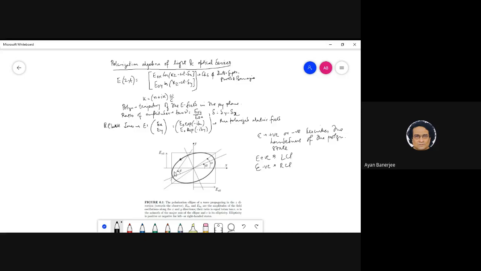You understand my question? So when this is 45 degrees, this is essentially a circle. When this is 45, you get a circle. But when this is any other number, you will get elliptically polarized light, right? At 45 degrees, plus 45 is LCP, minus 45 is RCP. How would you measure epsilon for arbitrarily elliptical polarization?